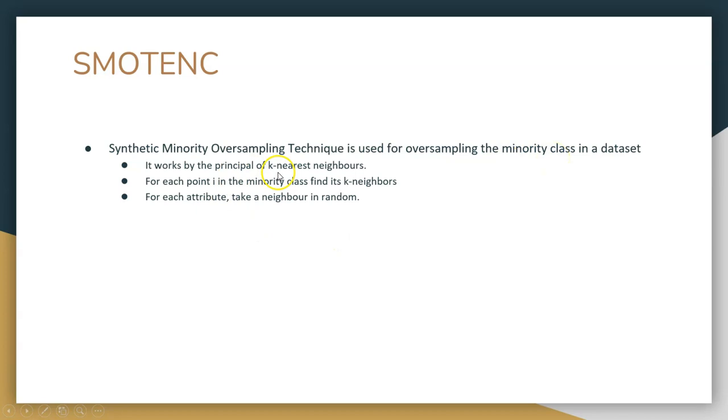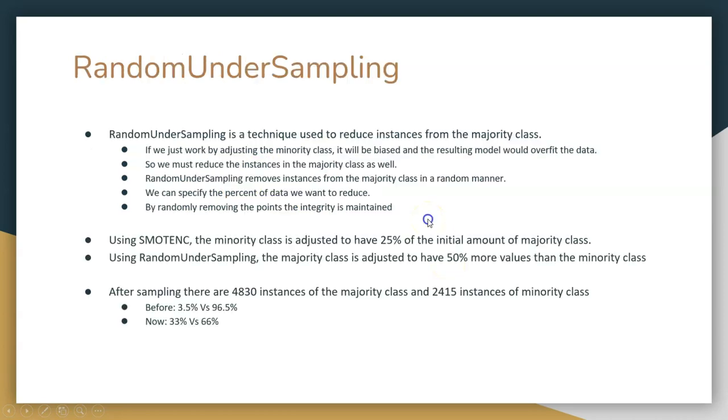It works on the principle of k nearest neighbors. This is SMOTE-NC, not PAL, principle of k nearest neighbors. Okay, and random undersampling is a technique used to reduce instances of the majority class, that is the no failure class,